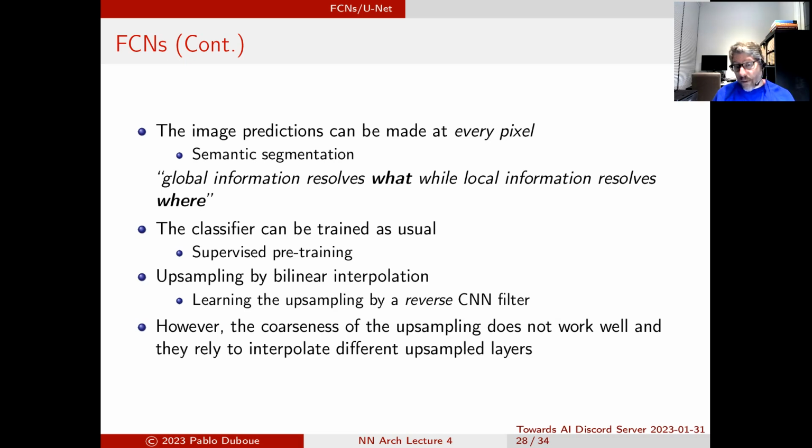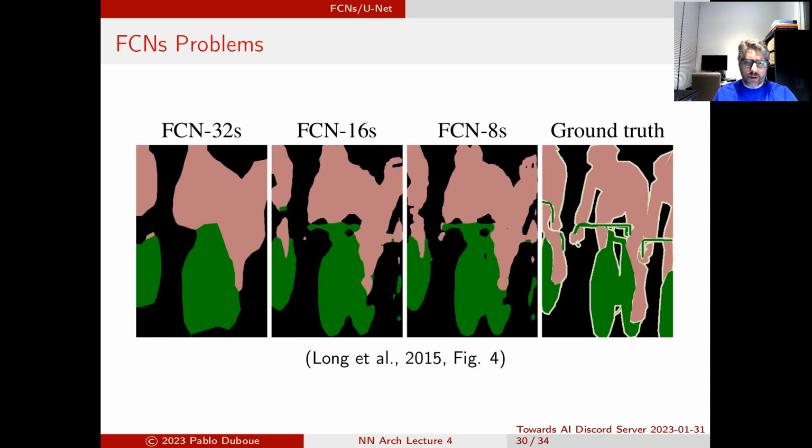But you can do even better than bilinear interpolation, and you can consider upsampling to be the reverse of a CNN filter and then learn the weights to do that interpolation. Still, the corners of the upsampling did not work well for them, and they have to rely on interpolation at different upsample levels, and the system becomes still coarse. And we're going to see some examples that can help to understand a little better